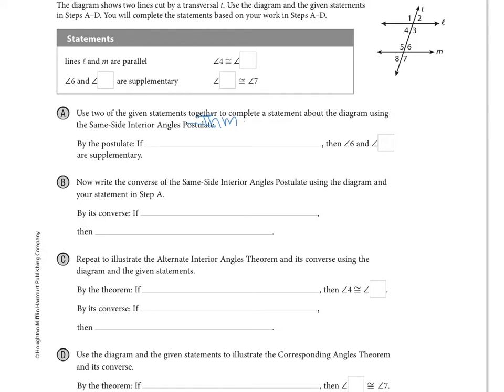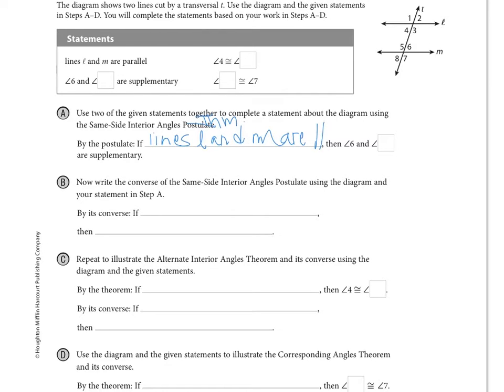So by that postulate, if the lines, the two lines that we might assume would be parallel, lines L and M are parallel, and remember, we'll use our symbol for parallel there just to simplify our writing,